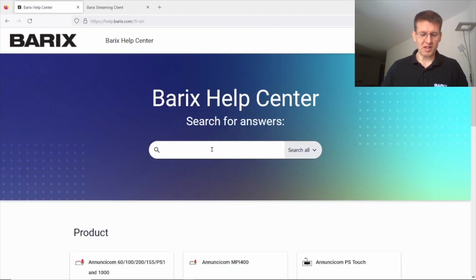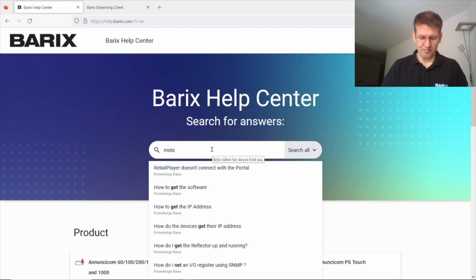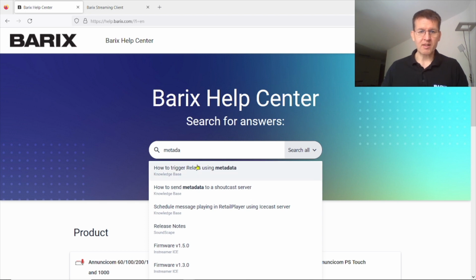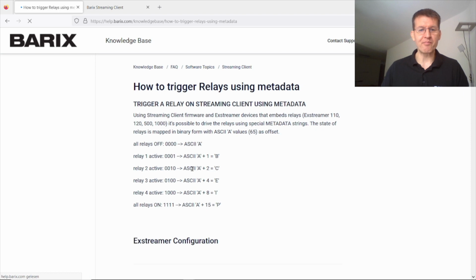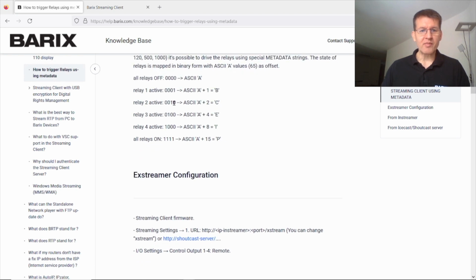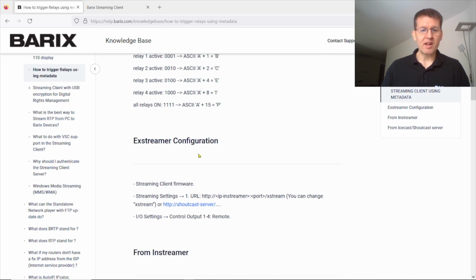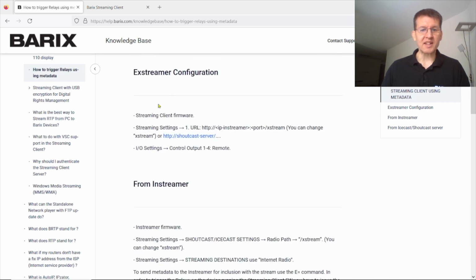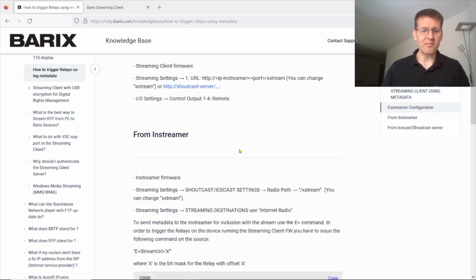When we look here in the help section and look for metadata, then we see how to trigger relays using metadata. So we see here, these are the commands or the values you have to send. And we see in the XStreamer we have to change the configuration. The control output must be remote.